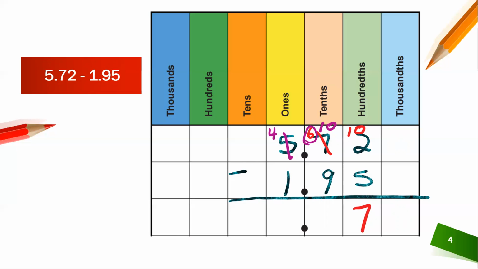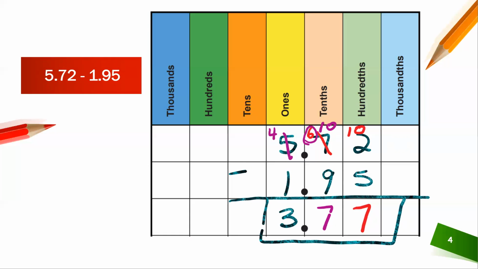I will have 1 left. 1 plus 6 is 7. And then 4 minus 1 is 3. So then we would say 5.72 minus 1.95 is 3.77. Okay, so just remember when you regroup one whole from a previous place value, move on to the next,